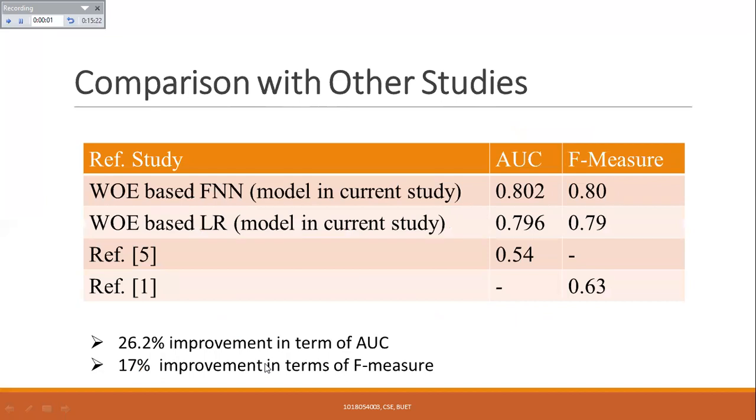Now we compare our study with other studies. I have the data set as common and the measurement metrics as common. For our study, we have evidence-based FNN achieves the AUC